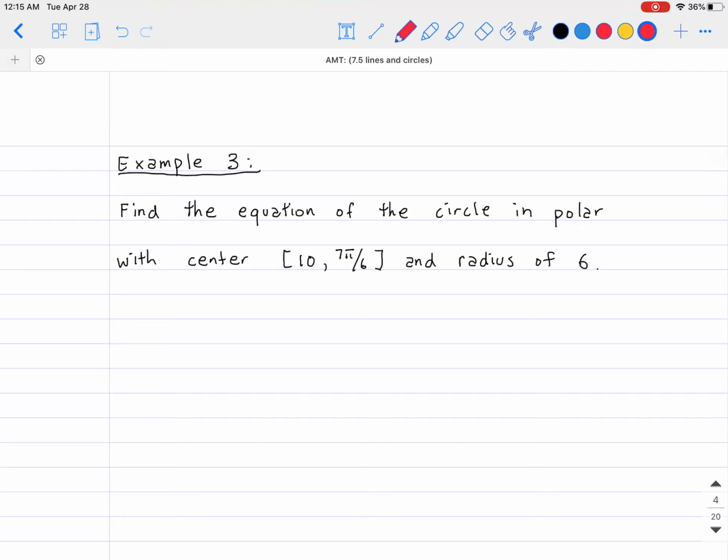First, let me write it back again so you can see what that equation is. It is supposed to be a squared is equal to r squared plus r1 squared minus 2 times r times r1 times the cosine of theta minus theta1. So we'll go ahead and